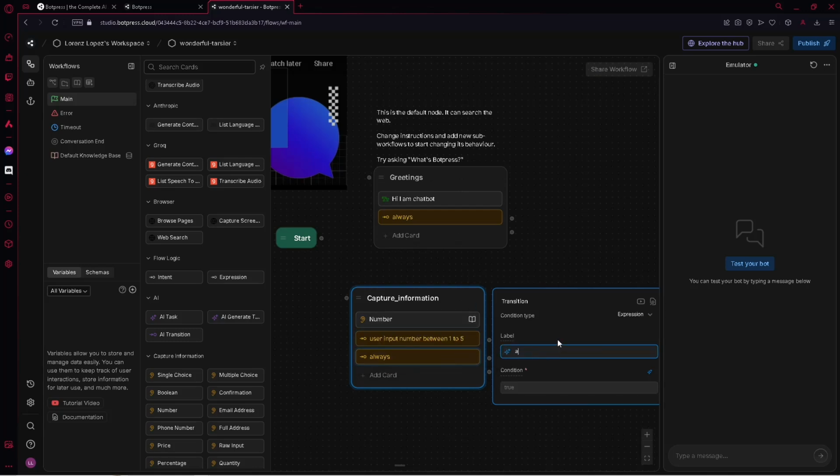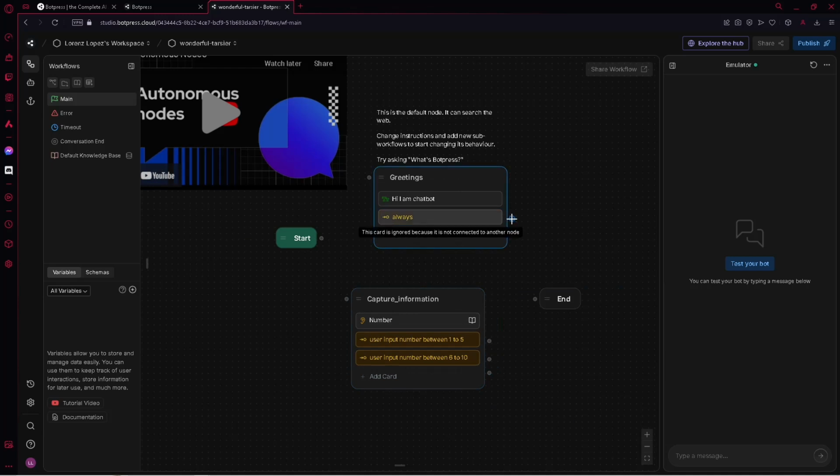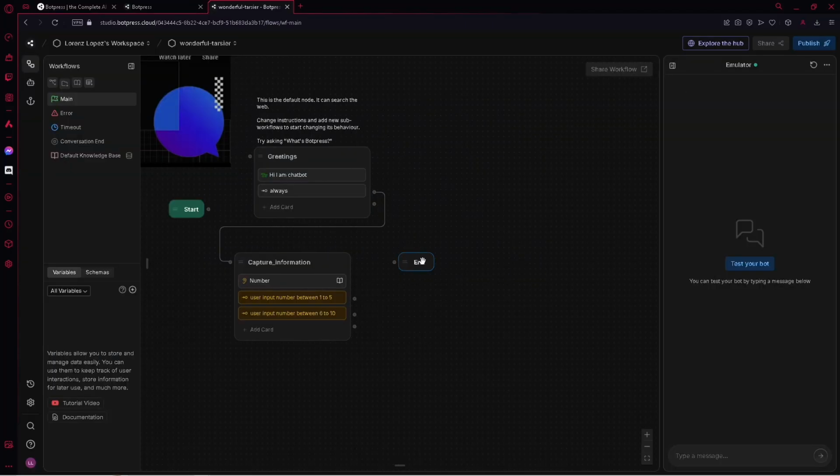Hit enter and then the other one, user input 6 to 10. Now let's connect this node. There you go. Then let's add